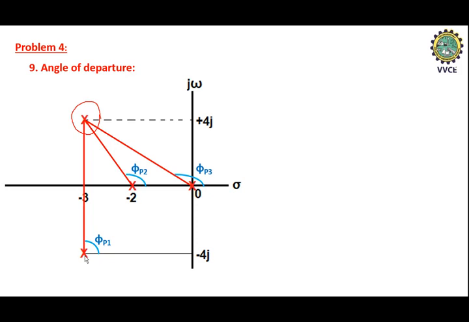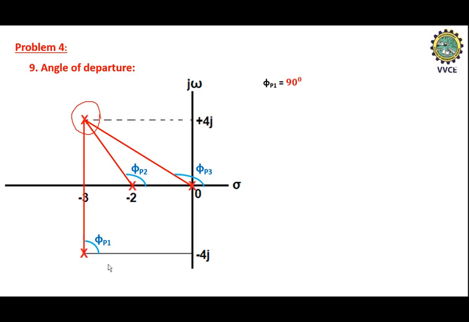This is the angle of poles, the angles which are created by the poles. If you connect any zero to this reference point, that will become phi z, that is the angle made by the zero. But here zero is not present, only poles are present, so I am considering only phi p1, phi p2, phi p3. How to find out these values of phi p1, phi p2, phi p3? So you can directly say that phi p1 is 90 degree. So directly you can write phi p1 as 90 degree.